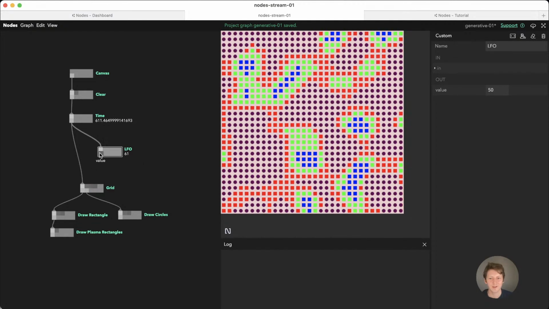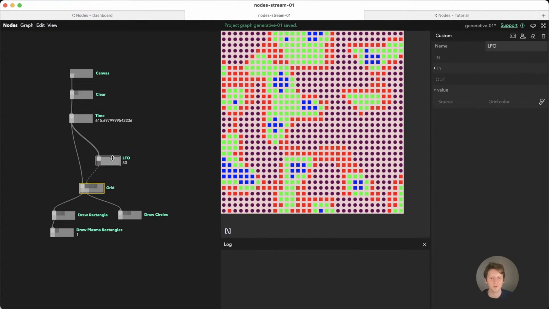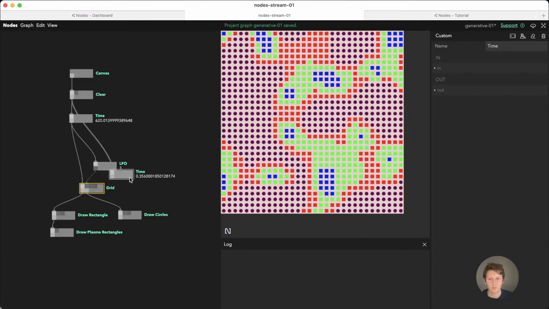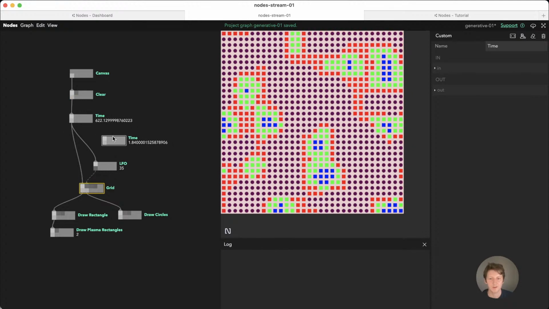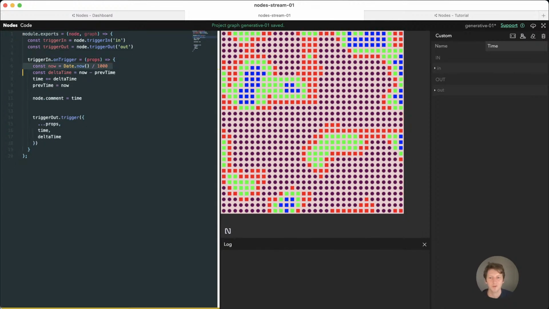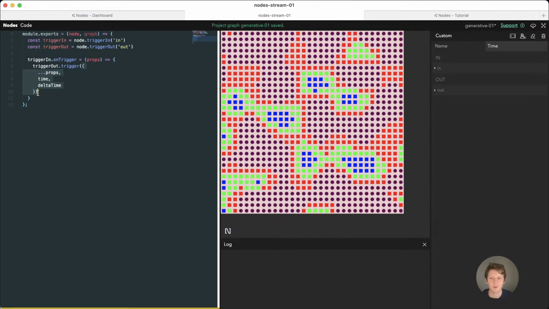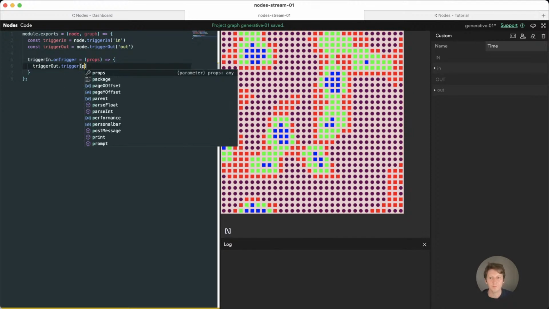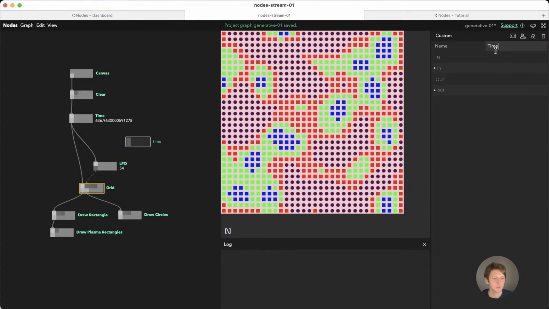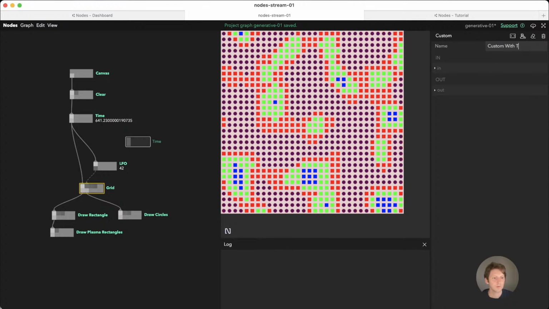Yeah, let's say, okay, let's create another very useful node I use all the time, and let's copy paste this one again. Okay, so this is boring, right? This copy paste, because I have to keep deleting code, and it's very time consuming. So what I can do is I can take this node, call it custom with triggers,